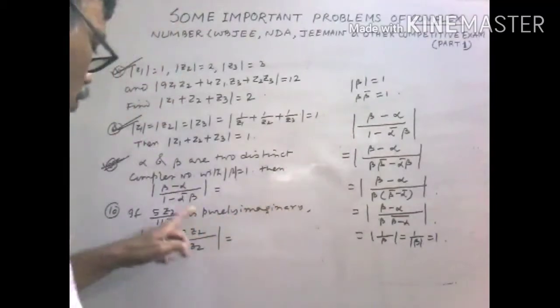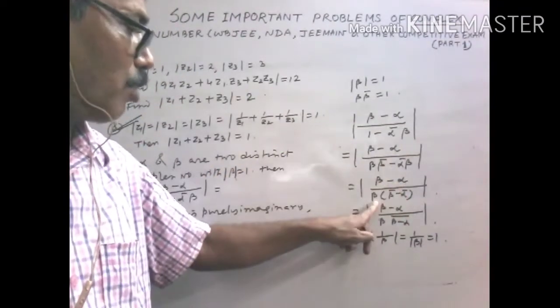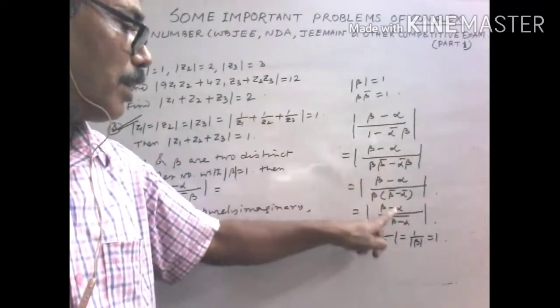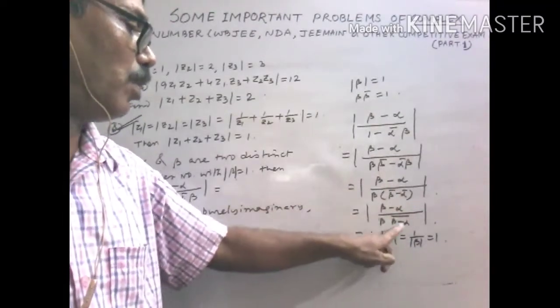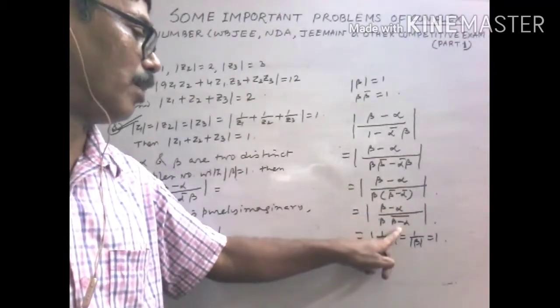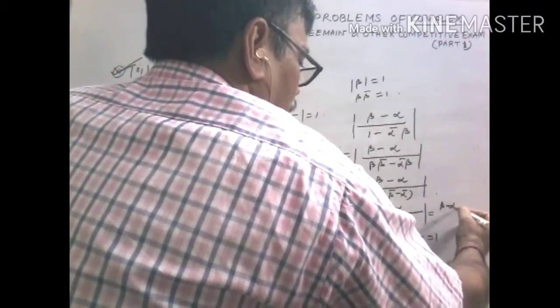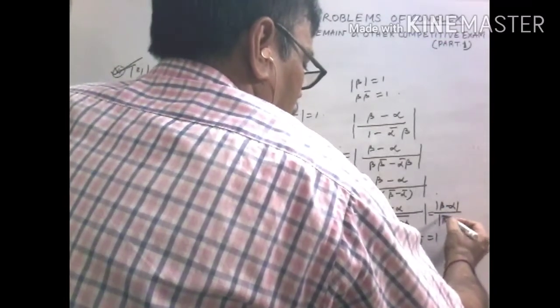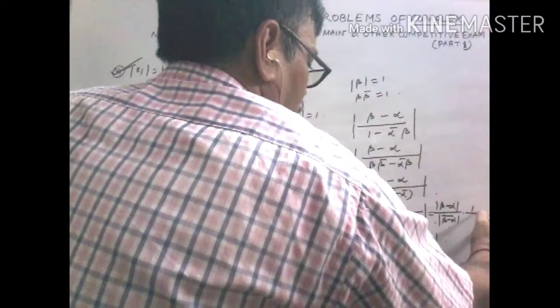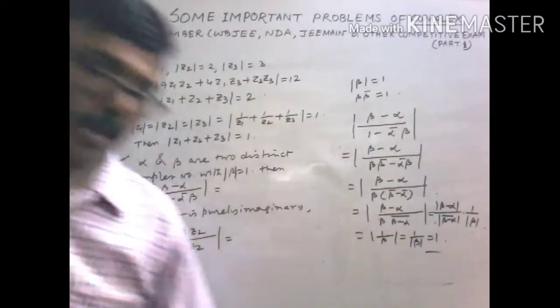Look at it again. Here we have to use this trick. What is the trick? 1 equals this. Beta common, beta minus alpha. So by the earlier property, the modulus of Z and Z bar are the same, so they cancel out. We can use one more step. This is mod of beta minus alpha, mod of beta bar minus alpha, into 1 by mod beta. So this one is 1.